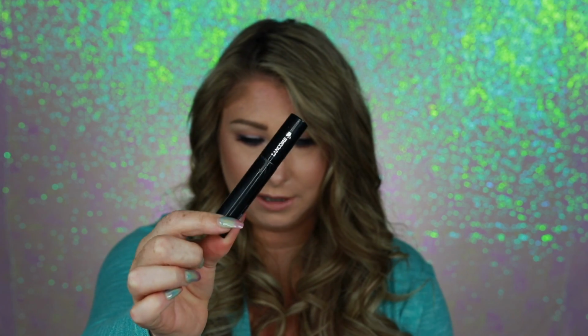The next item that Lancome sent me was the Sourcils Styler Mascara. Wait, oh yeah, that's not in my language. Let me go down a little bit. Brow Styler up to 14-hour wear. And I am wearing this today, and I'm just going to take it out of the packages. It looks kind of basic in the packaging. It's just a typical mascara wand, but when you open it, I got blonde, and basically it's a brow gel